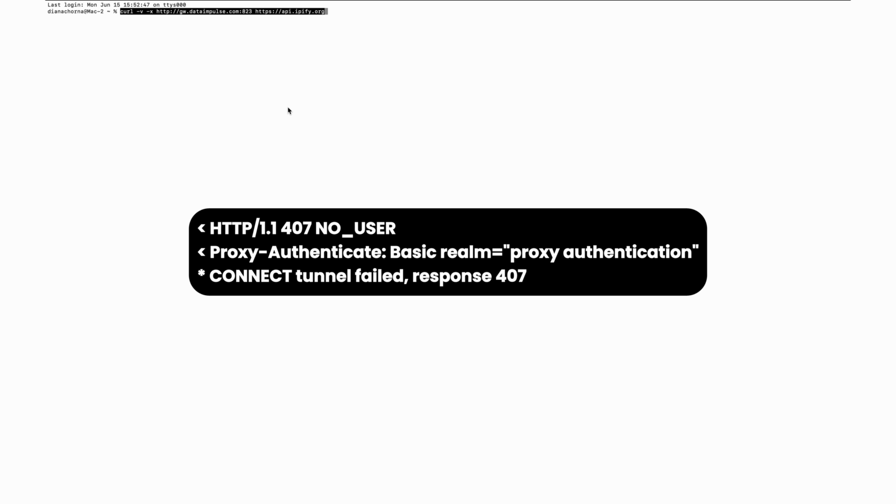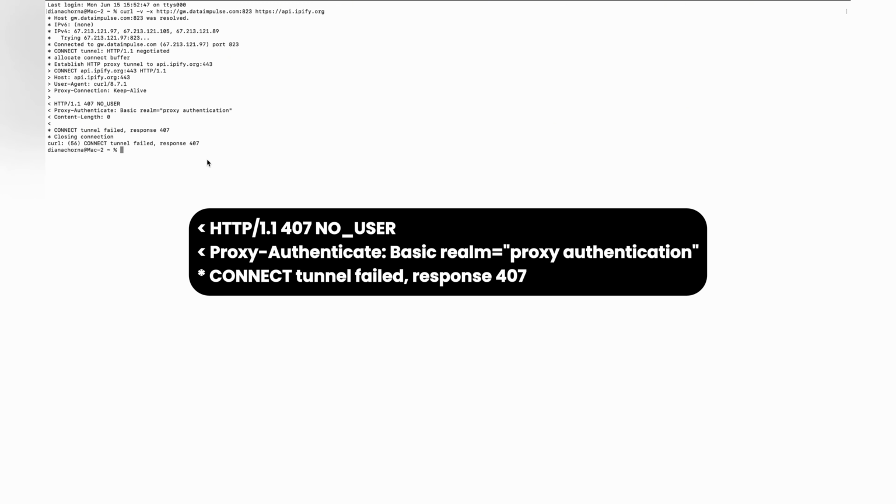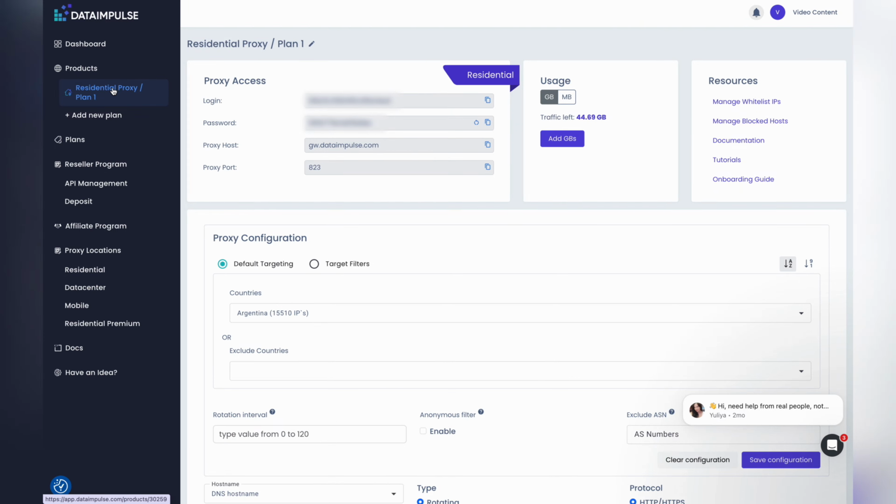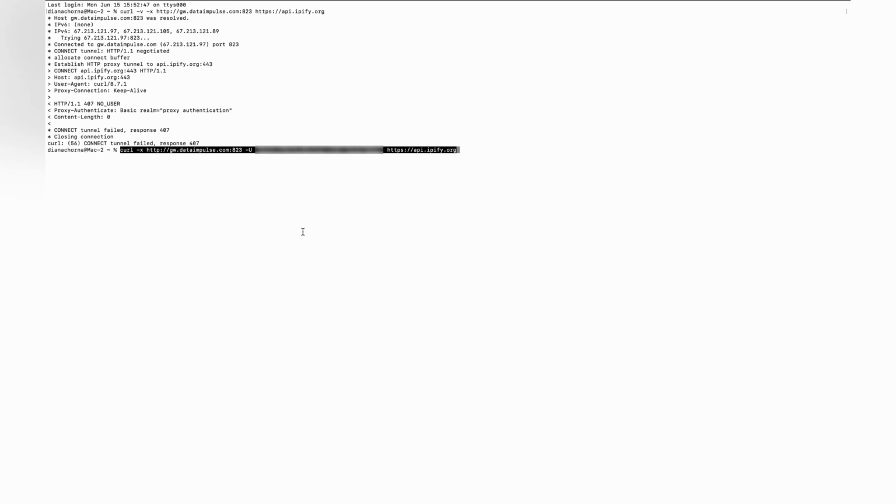Now let's talk about the most common errors. When you get the proxy connection refused message, it means cURL can't reach the proxy server. Try checking the firewall and the proxy settings, including host and port. Test the proxy by using this command. Next, the 407 or authentication failed errors show that the login details are wrong or missing. Double-check your username, password, host, and port. Don't embed credentials in URLs and use the -U flag instead. For example,